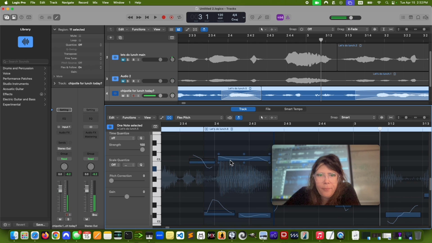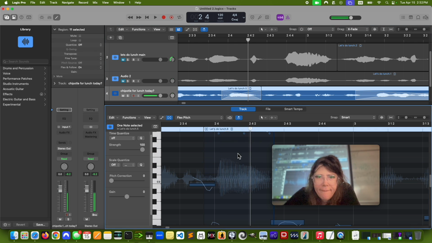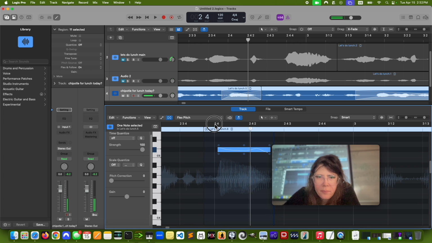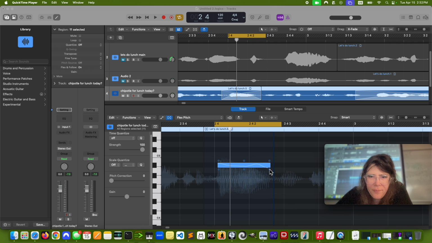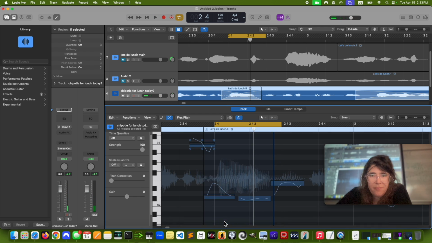I want that one, this one. Higher. Higher. Formant shift. This little dog right here. Give me a second. Formant shift more.